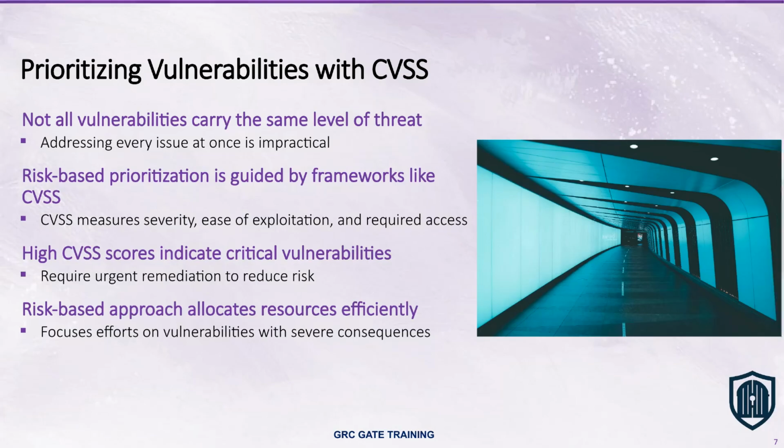CVSS provides a standardized method for assessing the severity of vulnerabilities by considering factors such as the ease of exploitation, potential impact, or the level of access required. A vulnerability with a high CVSS score is considered critical and should be remediated as a top priority, while those with lower scores can be scheduled for later attention. This risk-based approach ensures that limited resources are allocated efficiently, focusing on vulnerabilities that could have the most severe consequences